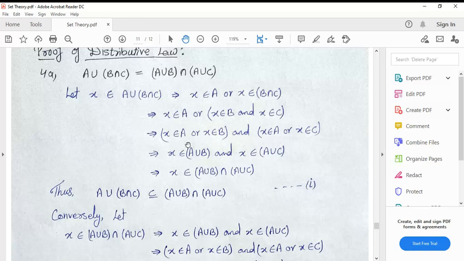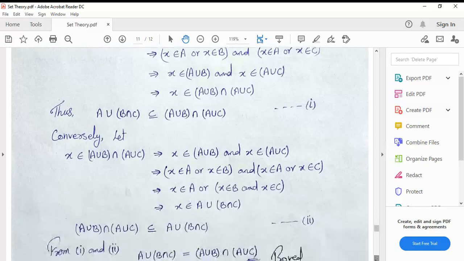A union B. So we can write x belongs to A union B and x belongs to A union C. And 'and' means intersection. So x belongs to A union B intersection A union C. Right? So we show that x belongs to this and we show that x belongs to this, so we say that this is a subset of this. This is our first part.